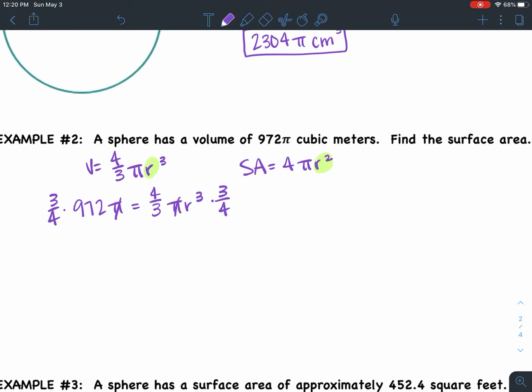So I'm actually going to be taking 3/4 of 972. So if I do 972 times 3 divided by 4, that gives me 729 is equal to r cubed. And now I want to take the cubed root of 729. So my radius is 27